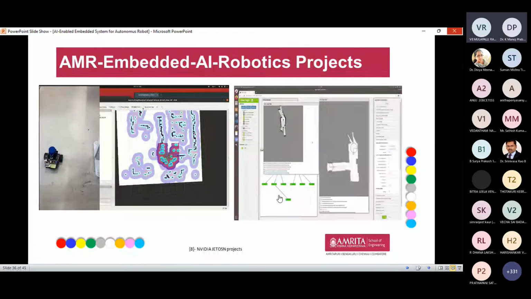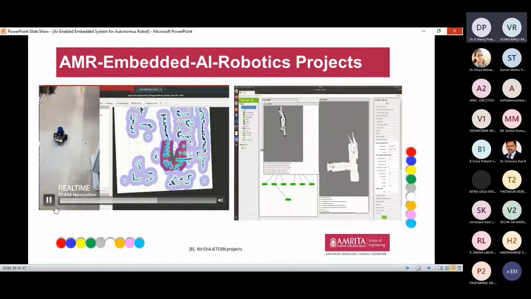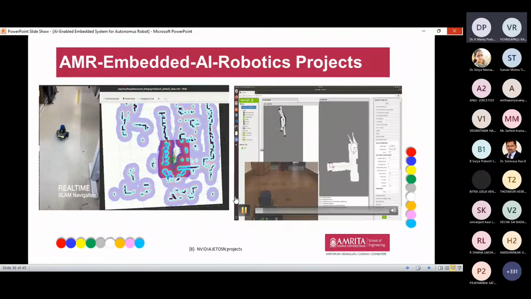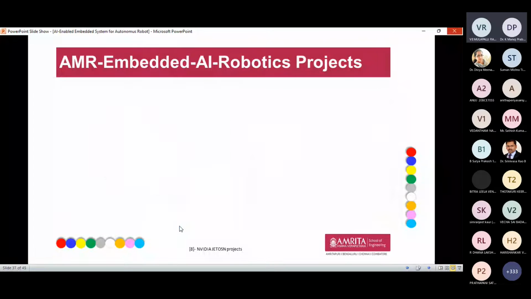Let us see the next example. Previously they used AR visualization to construct the 3D map. In this video, you can see the Isaac Sim, the Isaac simulator. Through this Isaac simulator, a 3D construction map can be built by the robot with your Jetson Nano model. You can see part of the room. Okay, next, let's see the next example.